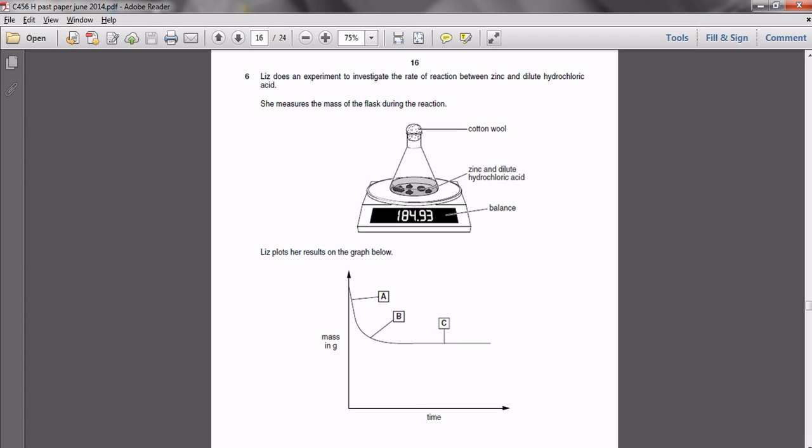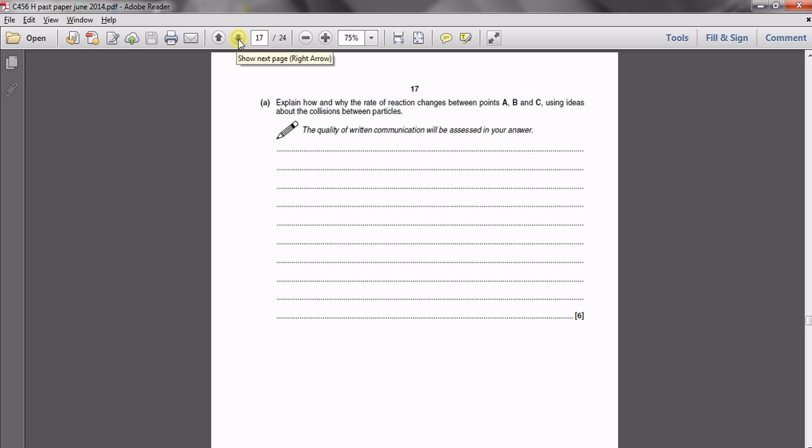Question 6 is about rates of reactions and starts with a longer answer question. Pause the video here to refresh yourself of what's being asked. The question asks how and why the rate of reaction changes between points A, B and C using ideas about